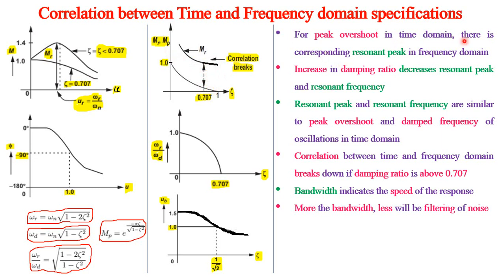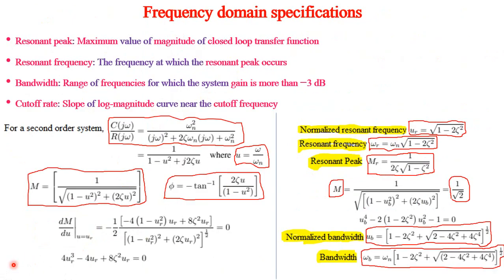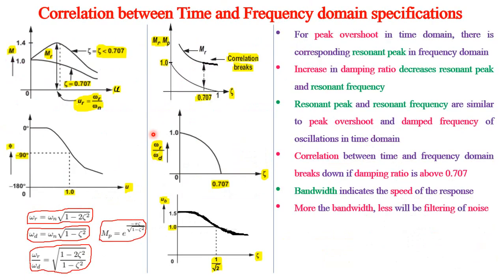So for peak overshoot in time domain, there is a resonant peak in the frequency domain. So this is the resonant peak and this is the peak overshoot. Anyway, this is going to touch zeta equal to 0 only at infinity. We know the reason very well, because MR is inversely proportional to zeta. Only when zeta equal to 0, it is going to be infinity. Therefore, this line is going to be an asymptote to this MR. That is why this is not joined. This we know how we got, because it is peak overshoot using this relation.